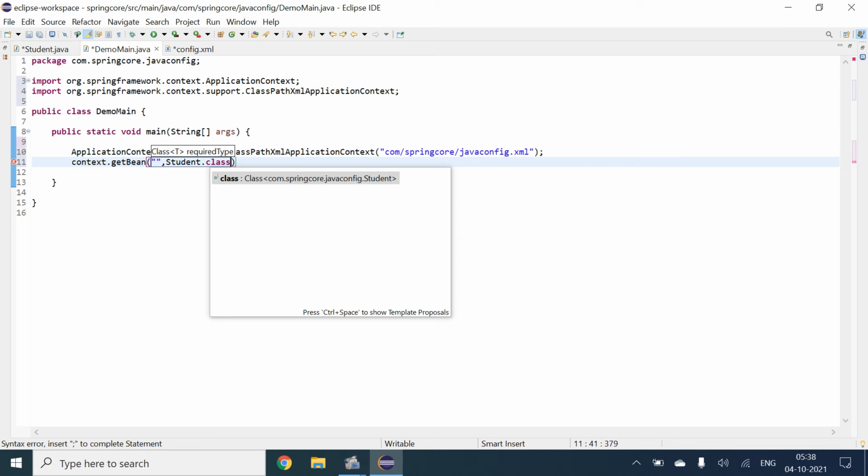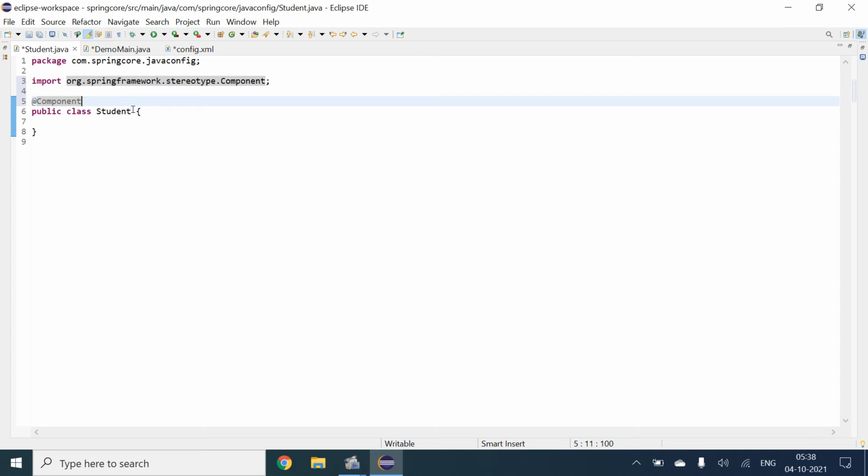Here we have not provided the name of the bean. So what will happen is, the Spring container will automatically create a bean of this name. And if you want to give specially the name of the class or any kind of bean, we just have to provide the value, first student, and I will copy this.